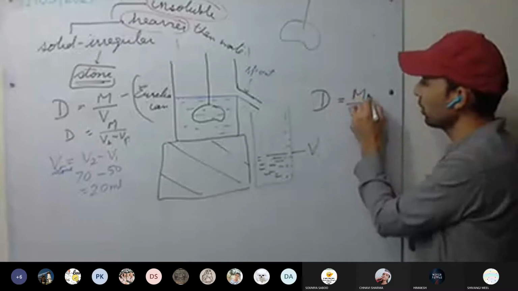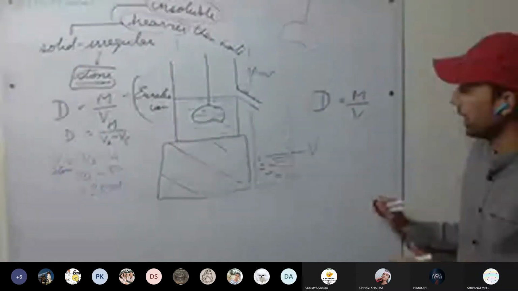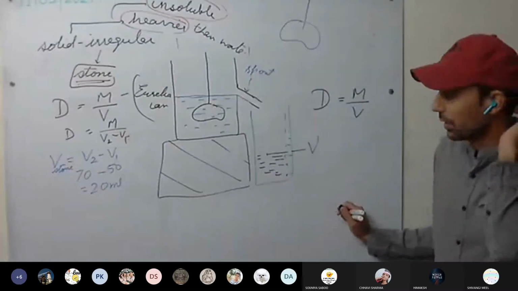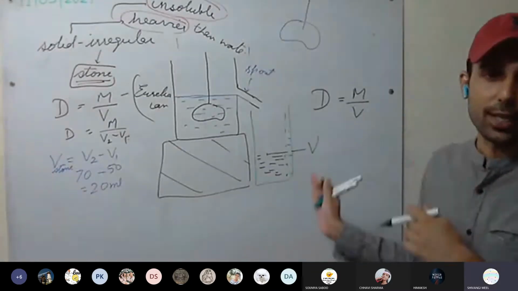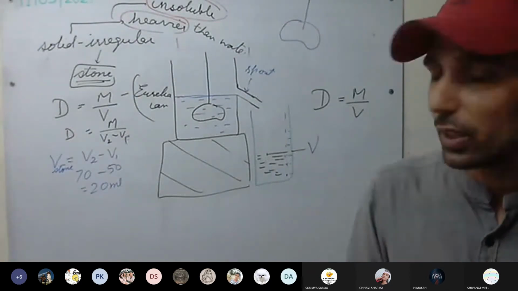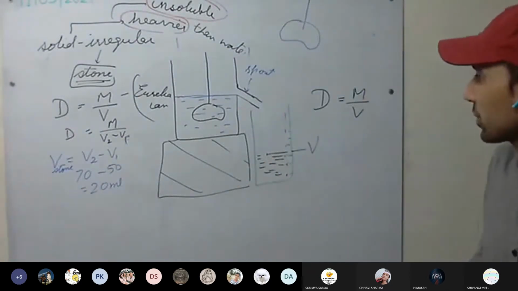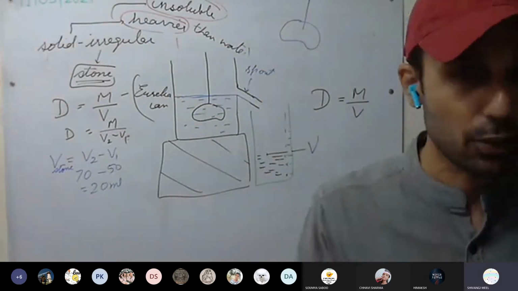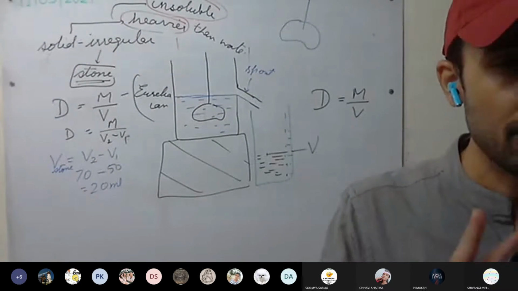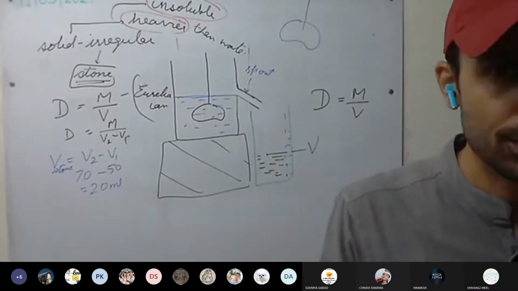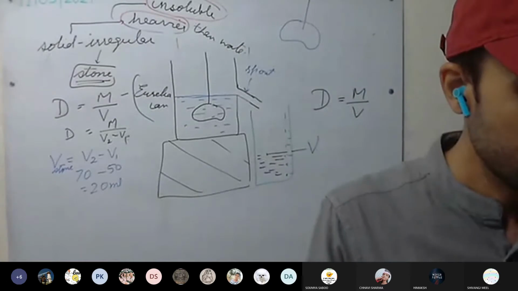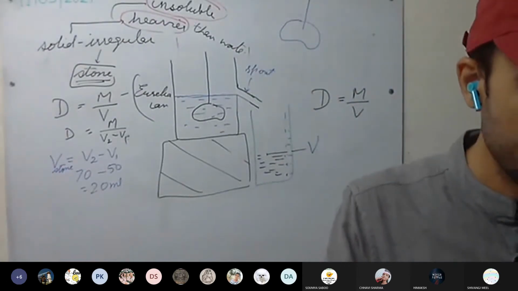Density equals mass upon volume. Mass we already measured using the beam balance. Volume we have measured here using the Eureka can experiment. Understood? Either you can use the Eureka can experiment or only the measuring cylinder experiment. That is the displacement method. Both are displacement methods only. Okay, go through them once, everyone. I'm giving you 2 or 3 minutes. Go through each and every line, and if you haven't understood anything, ask.